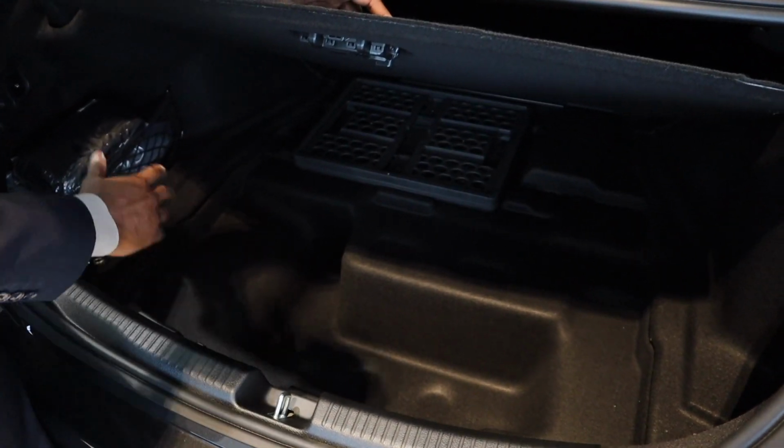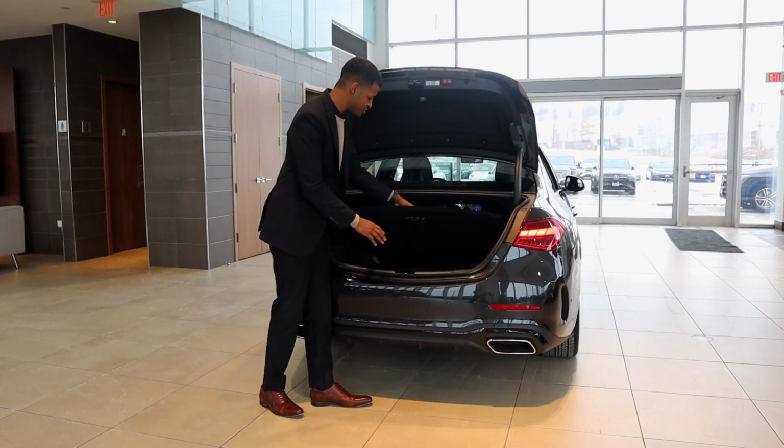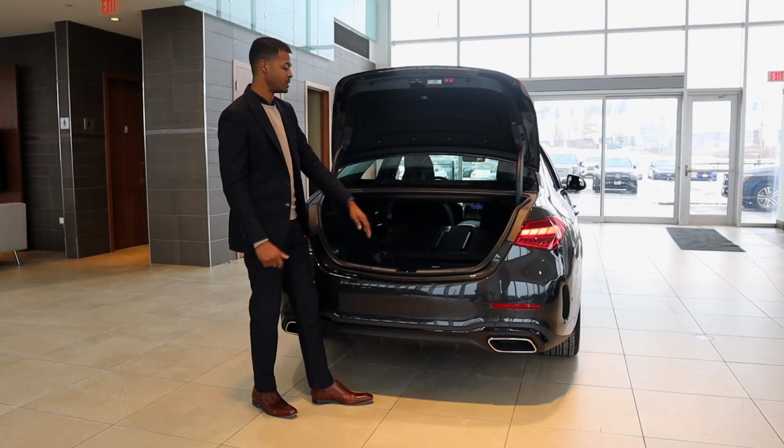So these are fitted with the run flat tires. There's no spare in it. This one has a little cargo crate and some extra space. This doesn't lock, but you can cover it up nicely if you want anything shaded or just out of the